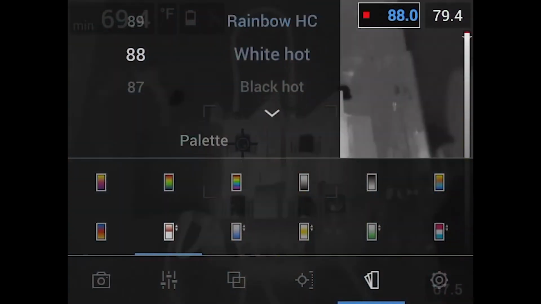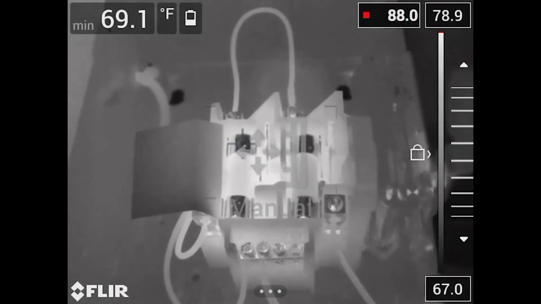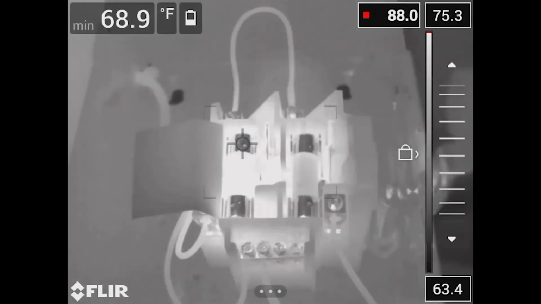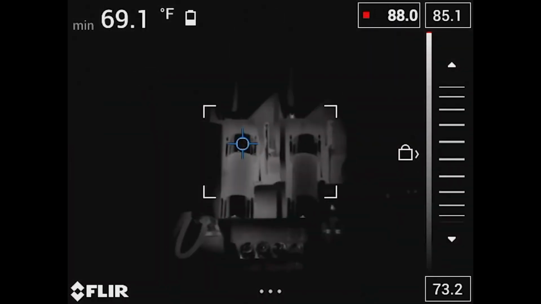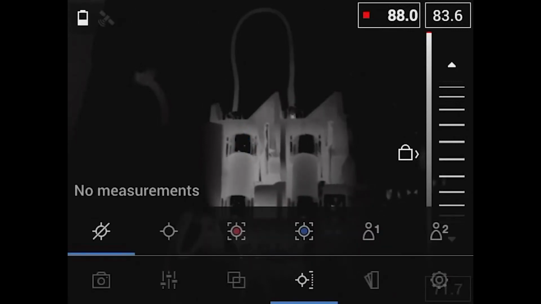And then I really like to show this in white hot. Now, what do I mean by that? So when we come back out to the image, we don't see anything lighting up right now, but if I change that again, you can see here we're in the low, or what I can say, 88. If you look at the top of the image, you'll notice on the right-hand side, we're really only at 79 degrees Fahrenheit in this particular image. So nothing is showing up as red. So I can change that scale just to show where, if we really crank this down, and then I'm going to get rid of the measurement box, show none.